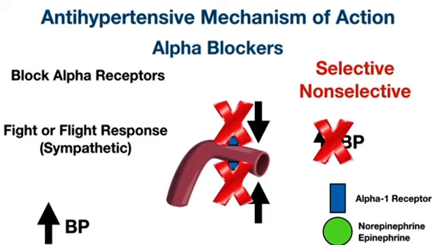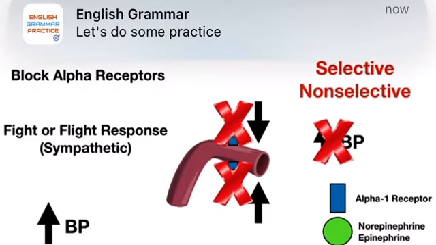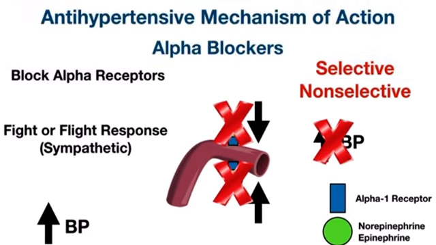If you want to learn more about the different types of alpha receptors, where they're located in the body, and what their effects are, all that can be found in the alpha receptor EasyMed video linked below. There's also an EasyMed autonomic nervous system video linked